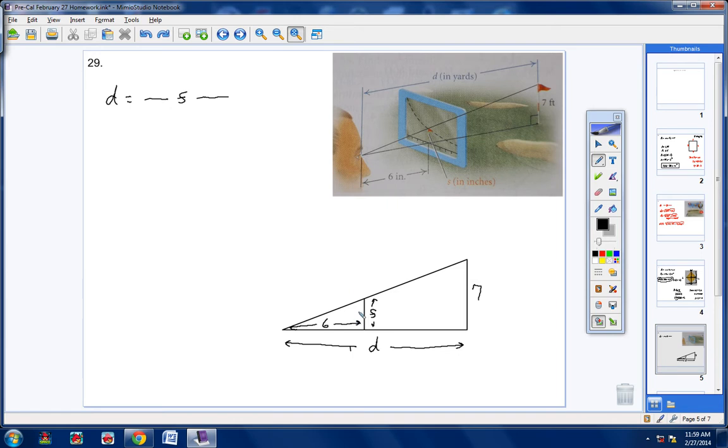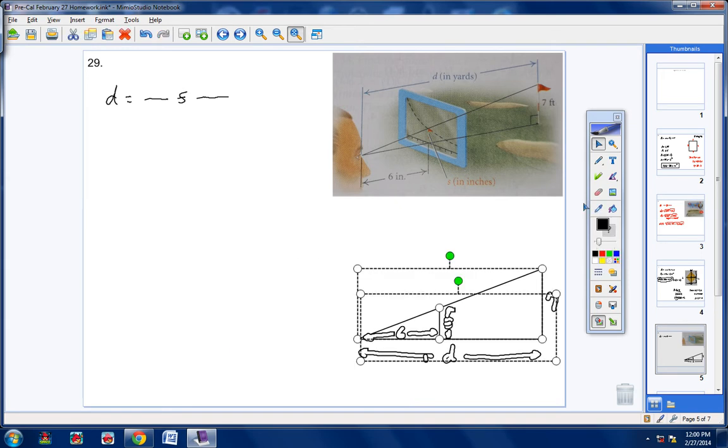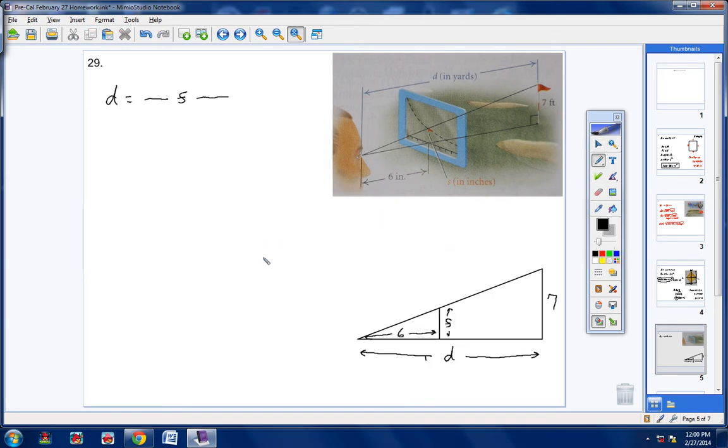And so what I want to show you is this. You might not have known this, but whenever you have a little triangle inside of a big triangle, and this line right here is parallel to this line here, and you should have learned this in geometry, okay? Whenever this line is parallel to this line, that means your two triangles are similar. And so what that means is this. Now watch this. That means we can write the two triangles separately,